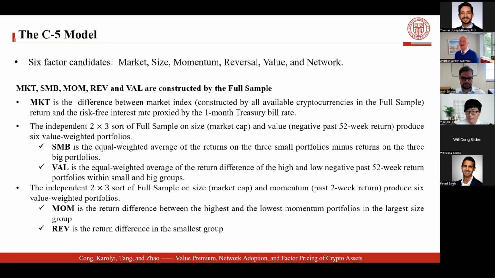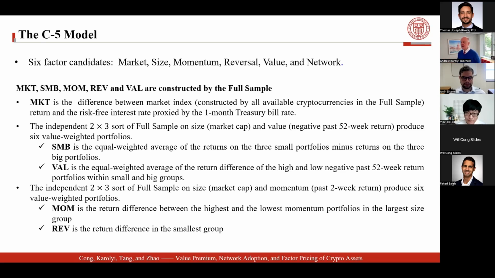And so we construct several of these factors using techniques that are well familiar in the asset pricing world. This is very, very Fama-French style building of an SMB, right? A 2x3 sort on the full sample, because we can, for small minus big. And value happens to be the one that we use a lot here, based on the negative 52-week return as a sort of long run reversal measure of value. We have 4 other measures of value as well, but this is the one that we feature.